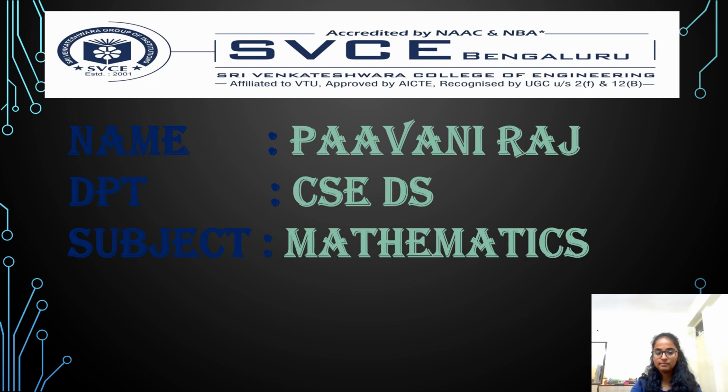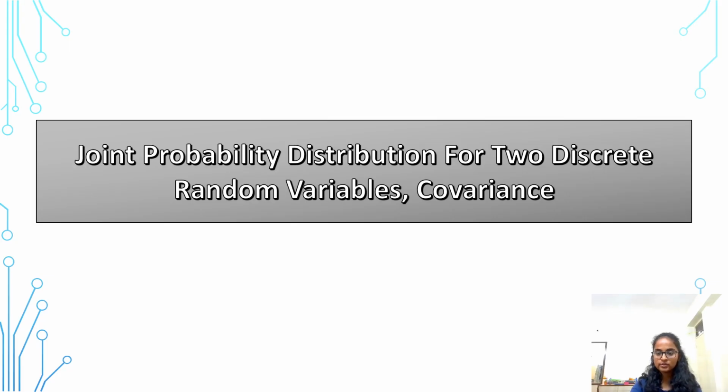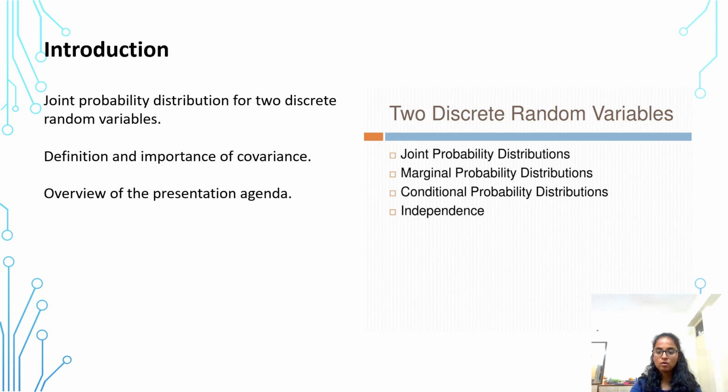So the subject is mathematics, and the topic to be discussed in this section is the joint probability distribution of two discrete random variables and their covariance. Let us look at the introduction part: the joint probability distribution of two discrete random variables, the definition and importance of covariance, and